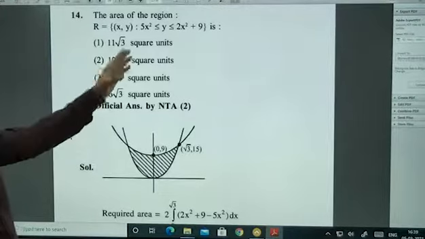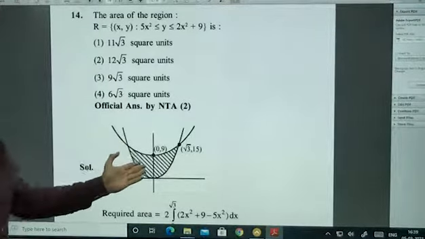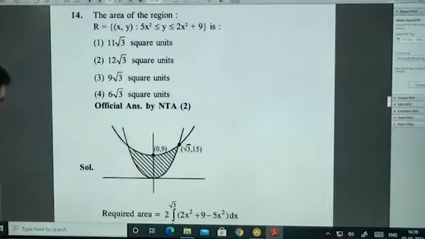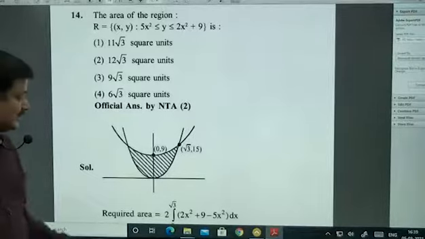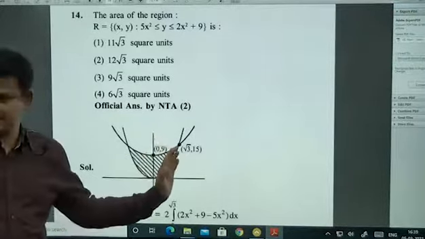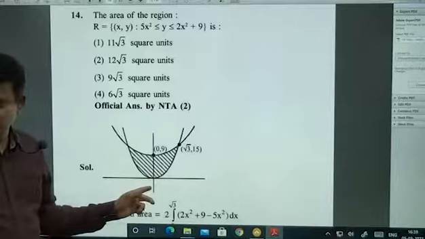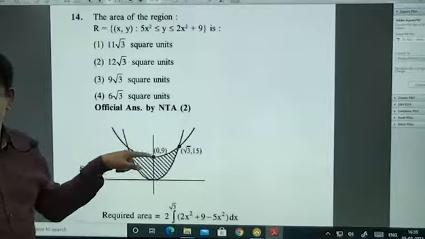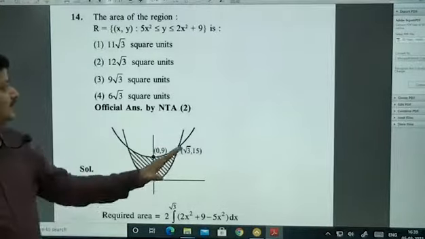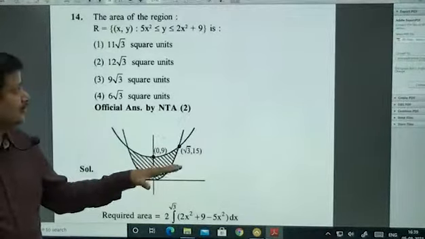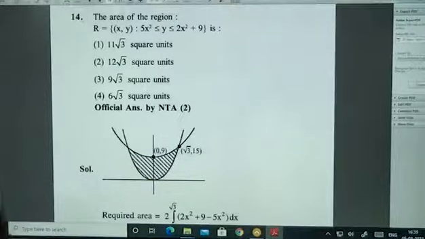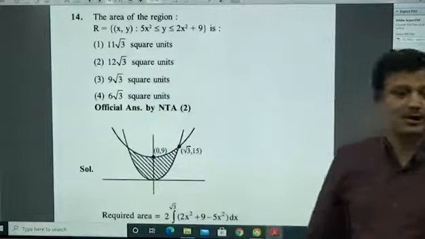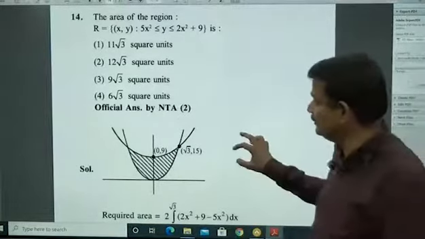Okay. So find the region between these two parabolae. You can use integration here. Find the point of intersection. There is beautiful symmetry about y-axis. Or you can integrate one side, 0 to this part. Upper curve will be how much? 2x square plus 9. Lower curve is what? 5x square. Upper curve minus lower curve will be 9 minus 3x square. Integrate it from 0 to whatever you are getting as a point of intersection. That will be your answer. 2 times of that.